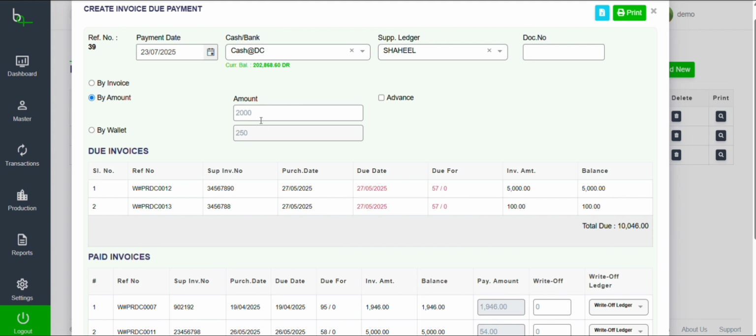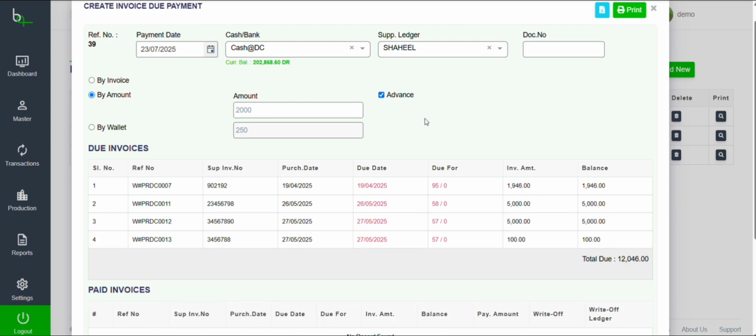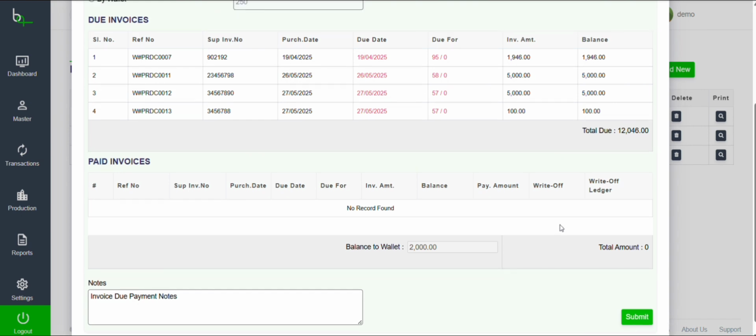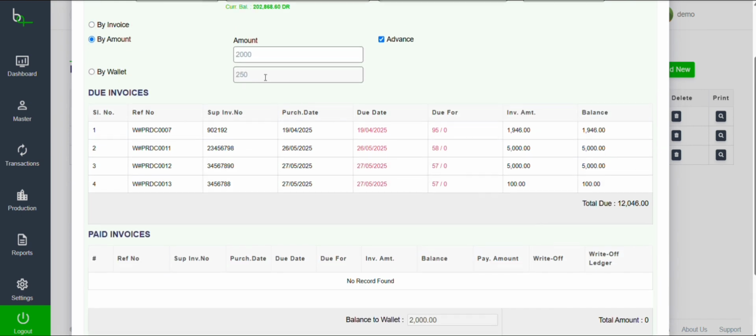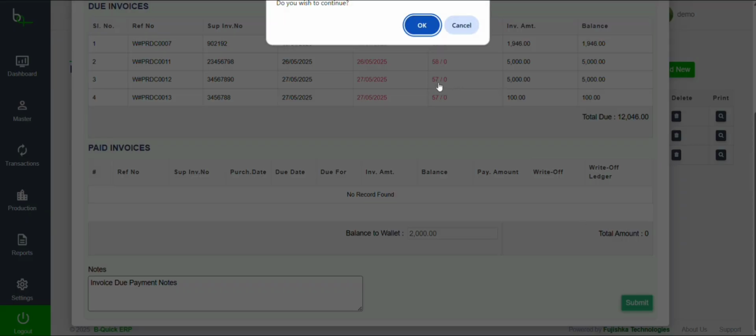If you have provided an amount as advance to the supplier, then you can add the amount here and select the tick box as advance, and then if you click on submit, this amount will be added to your wallet. So currently you can see our wallet balance is 250. Once I have submitted it,